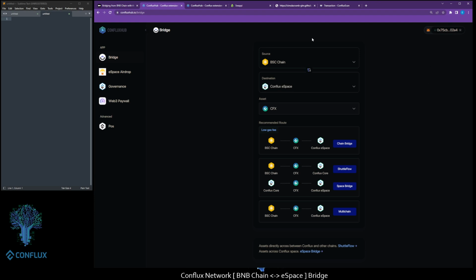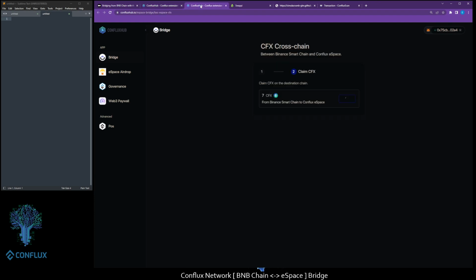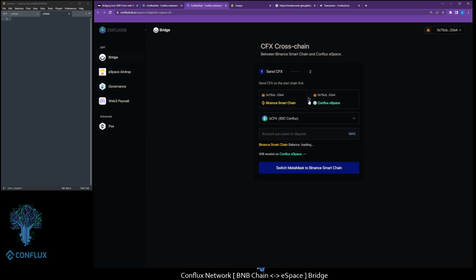So thanks for going through that with me. This is a really cool toolkit, the Confluxhub. There's a bunch of different things you can do here, but it can be tricky just because there are a couple of things you can do here. Always remember to click the 2. But for example, if we reversed this,